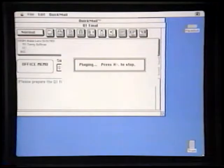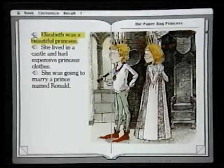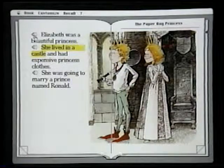I know you're going to like the curve fit on this last set of data. It's just what we need to take to Dean Whitlow. That gives Macintosh users a jump on the future in areas like voicemail and education. Elizabeth was a beautiful princess. She lived in a castle and had...